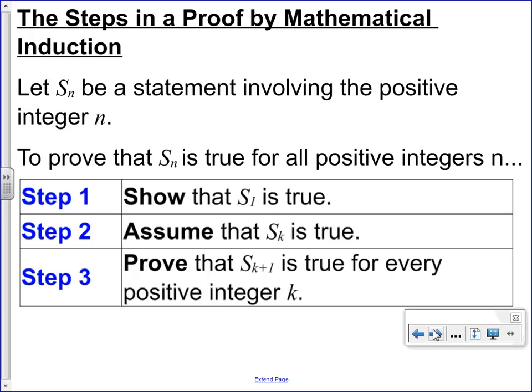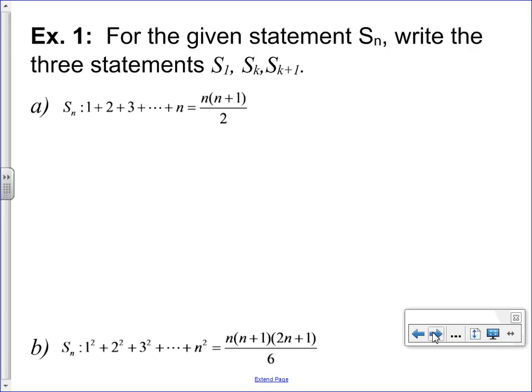Okay. Here we go. So step 1, for the given statement. So this is a statement. Sn is equal to some finite expression, and it gives you an expression for the sum of the whole thing, right? So we're going to practice writing the 3 statements that you need to prove. First of all is S1,